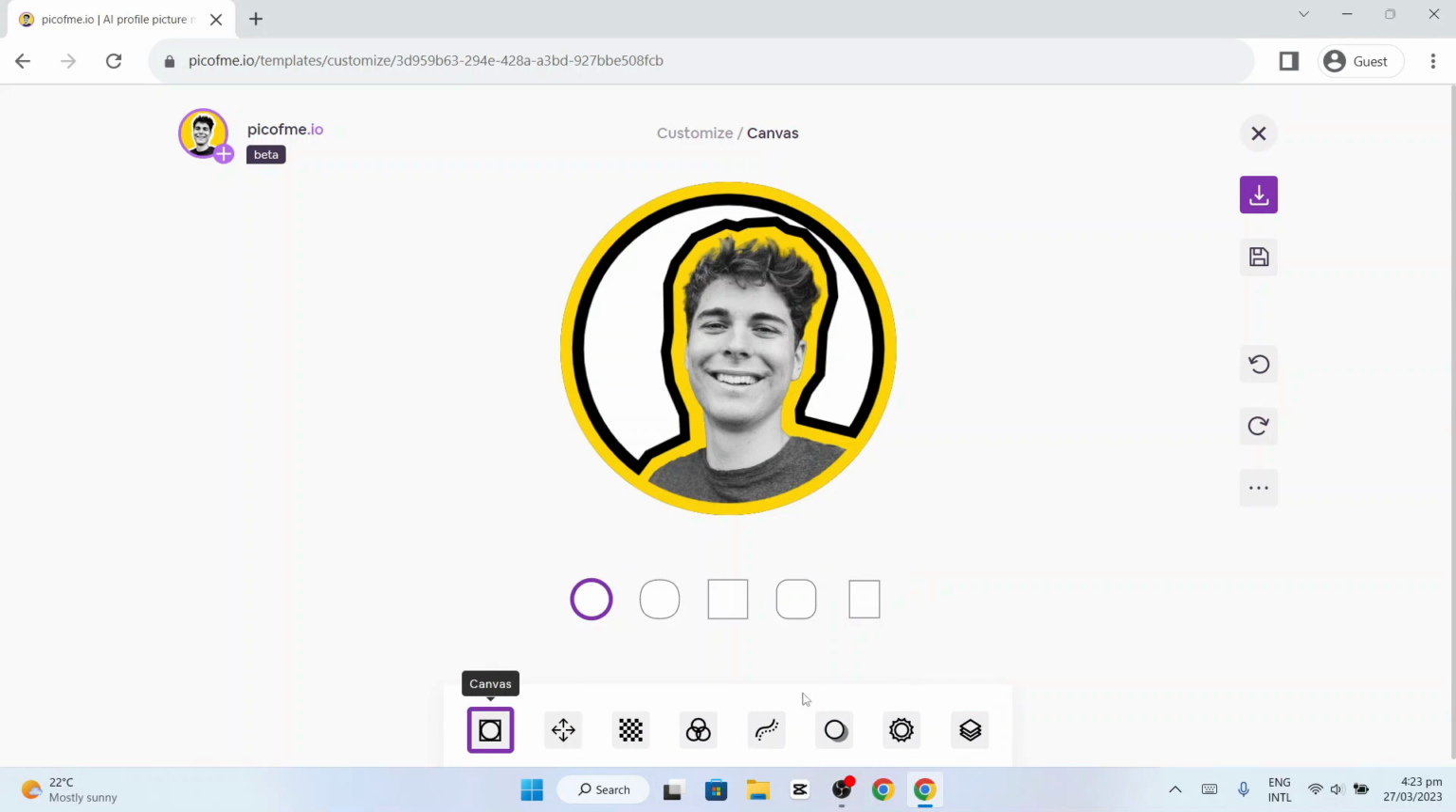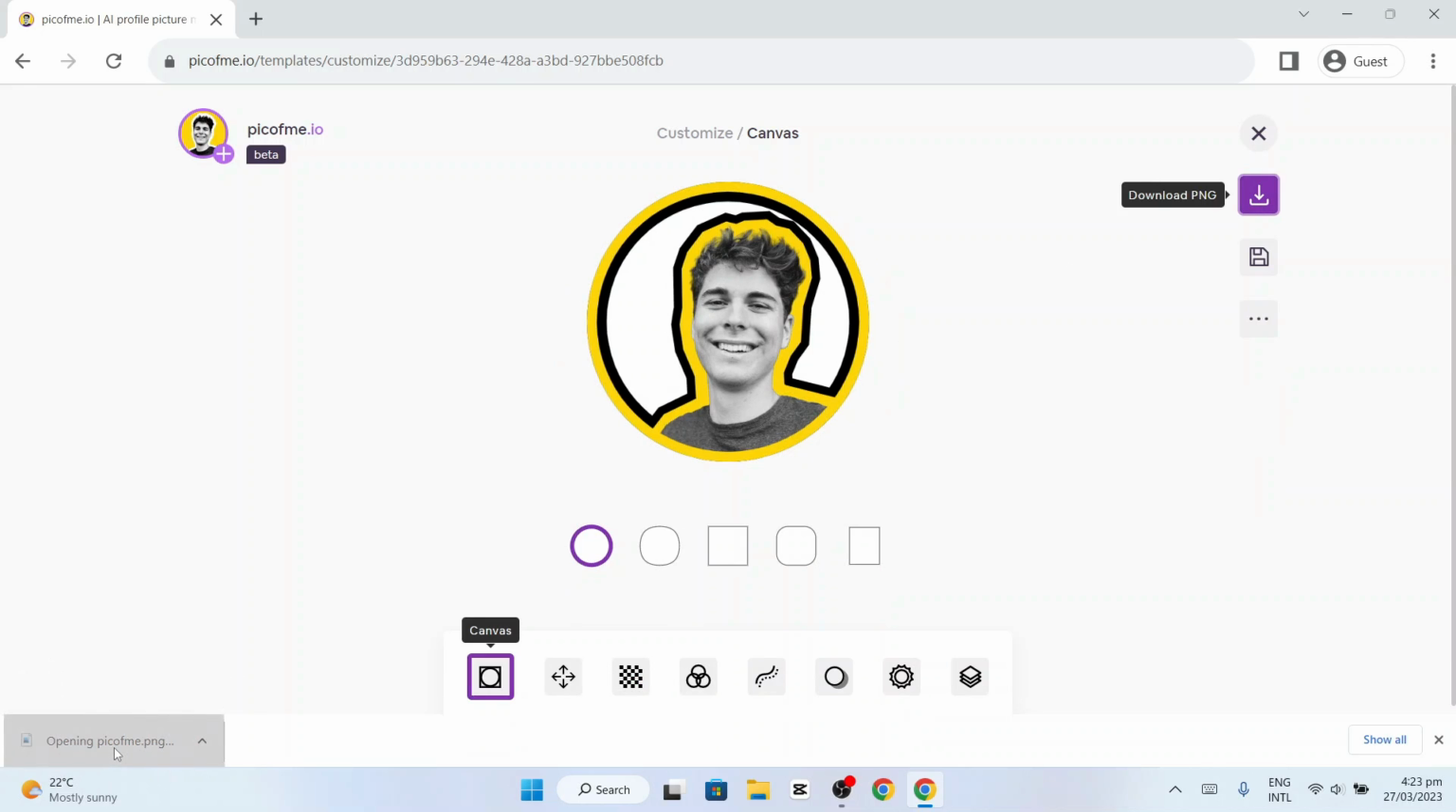Now, if you want to download your picture, just click on the Download PNG button and you will be able to save your profile picture to your